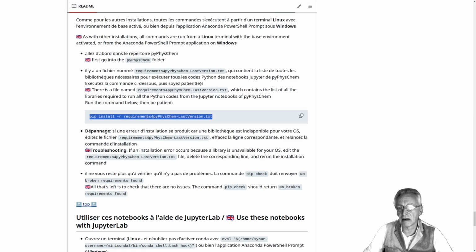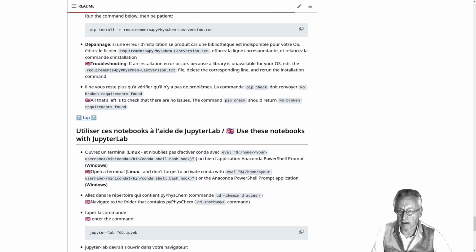So you have to run this command here, the pip install -r requirement blah blah blah .txt. Okay, and then you have to be patient because there are several hundreds of megabytes that are downloaded. Okay, you have a short troubleshooting section here,